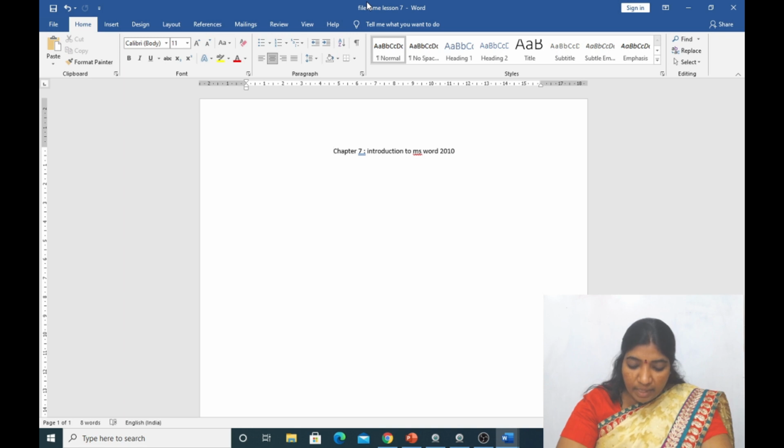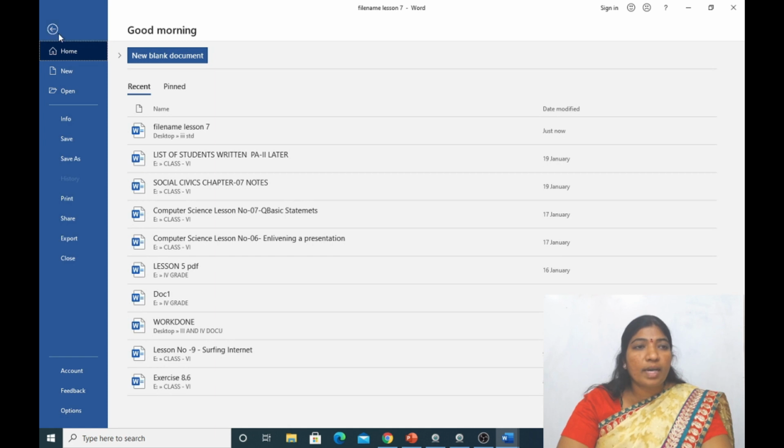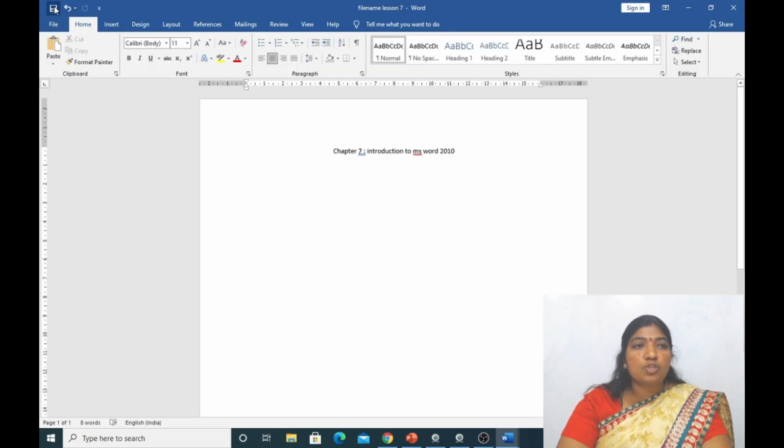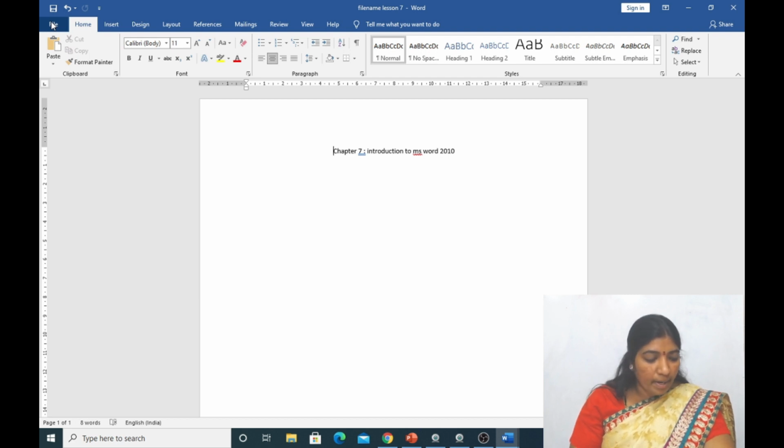This can be made with two methods, from the quick access toolbar and from the file tab. This is the file tab. Look here, this is the file tab. After this, this is the quick access toolbar, but I prefer you to go to the file tab and then make changes to your document, like saving, opening, save as, copying, cutting, pasting, everything. From the file tab you can go to further options. This is all about saving the file in a document.